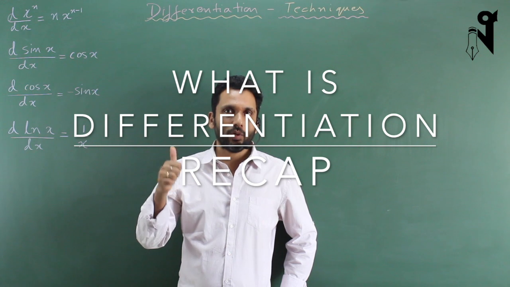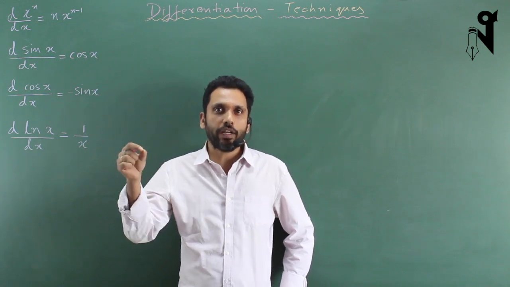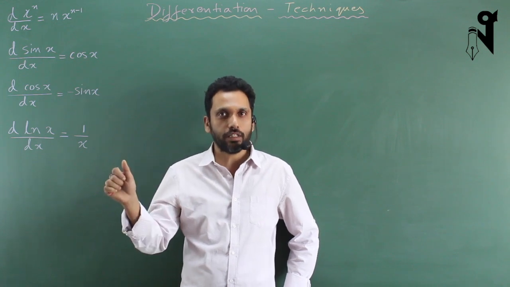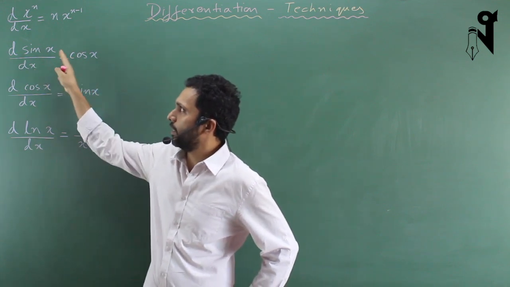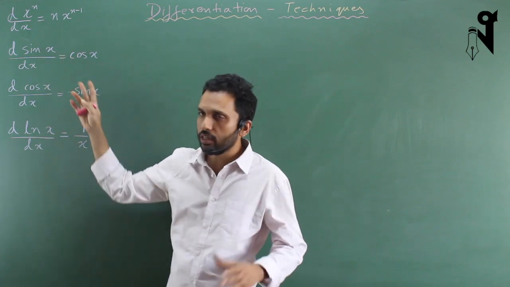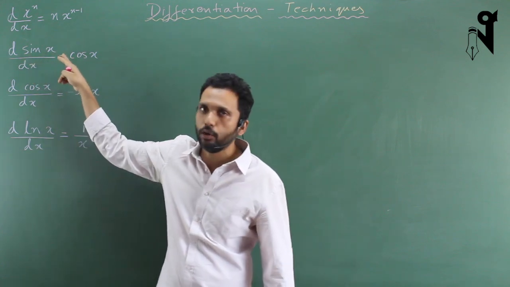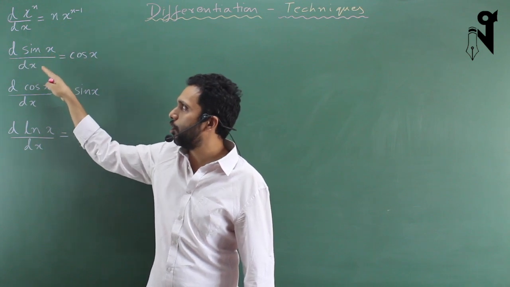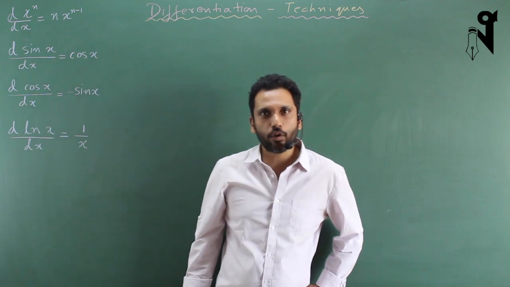what does it mean? It was done in the last class. It means that if you vary x, how does x cube vary? That rate of variation of x cube with respect to x. That was the meaning of differentiation, right? Like if I say, what is the differentiation of sine x with respect to x? What does it mean? It means if you are varying x, then how much does the sine x value vary? Then the ratio of that. How much sine x varied divided by how much x varied,